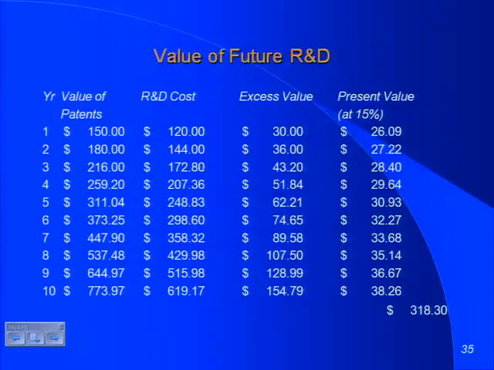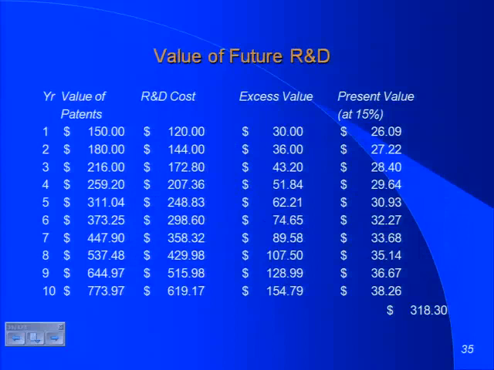So here's all I did. I took the R&D costs every year, that's a 20% growth every year, multiplied it by $1.25, which gives me the value that I create every year. The difference between the two is the additional value I create. Discounted back to today, the present value is $318 million. Nothing after year 10, because after year 10 I have 0 excess returns.